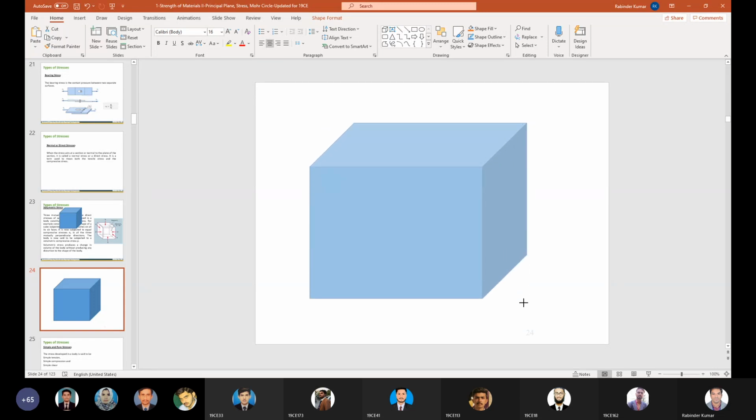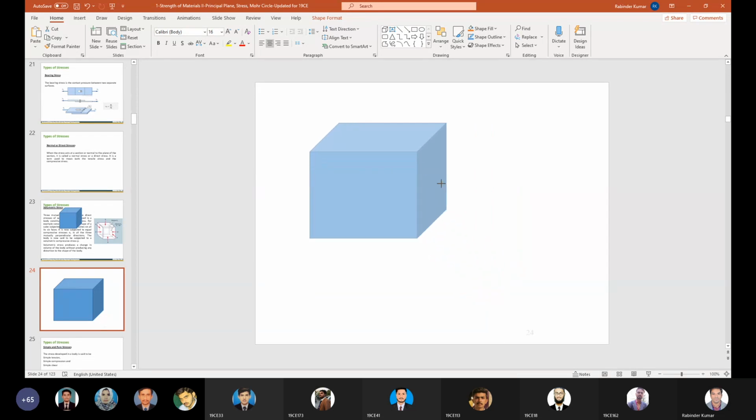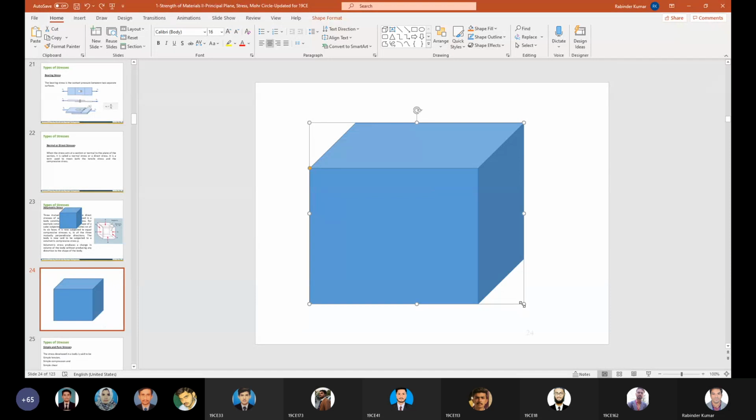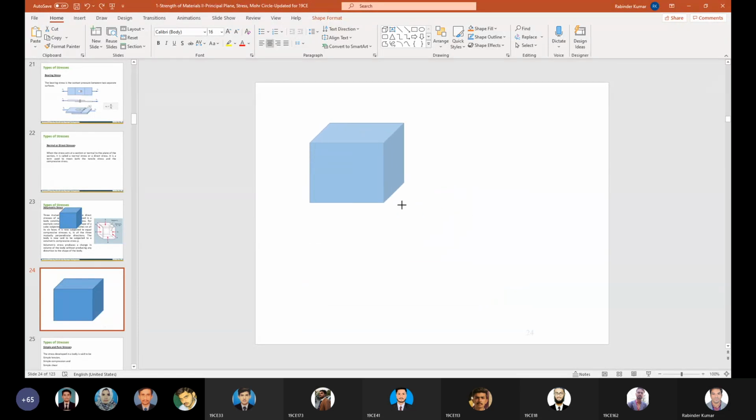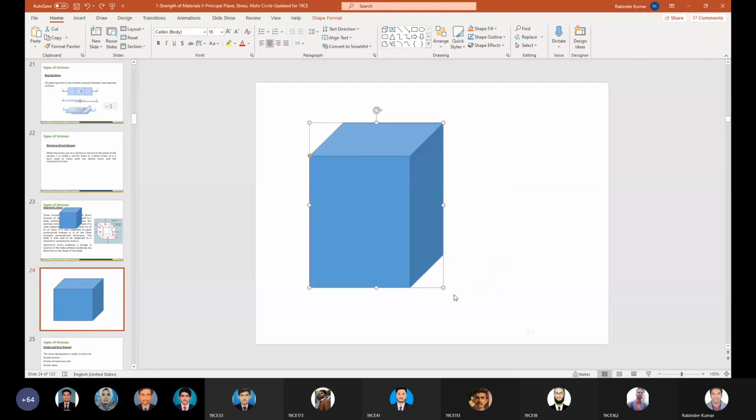This is causing the change in shape. But volumetric stress याद होता है, the force is acting equally on three mutually perpendicular directions. So in such manner, the block will decrease like this. So now see, it is not changing the shape. Only dimensions are changing. You getting this? Yes, sir. Okay, this is not changing the shapes, only the capacity or the dimensions are being changed.